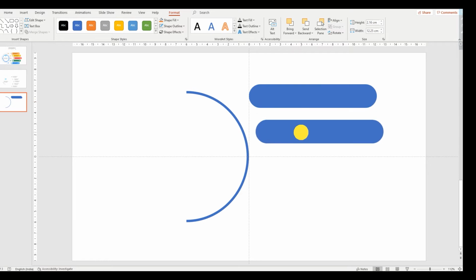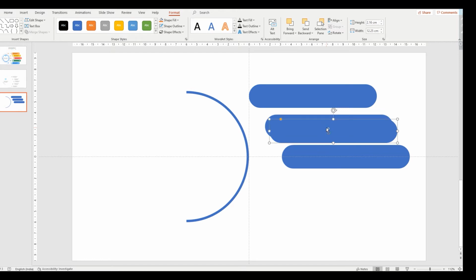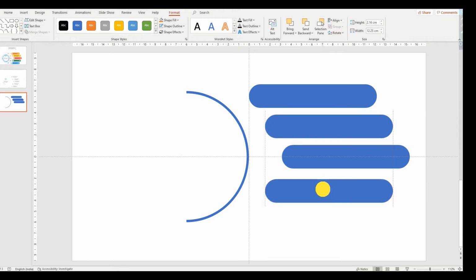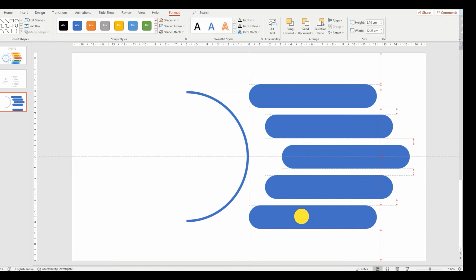Control D for another, little bit back. Again Control D for another. Both the distances are same. Okay, Control D for another. Control D for another. See, now what we are going to do means give the coloring. Now it is okay.